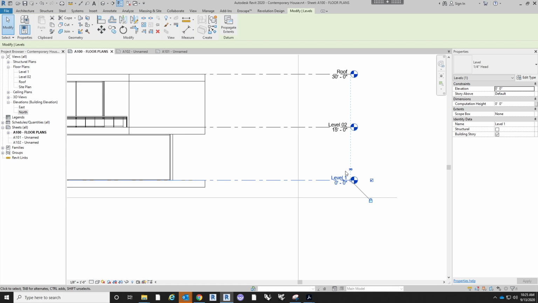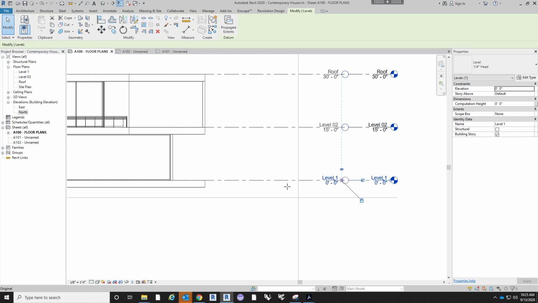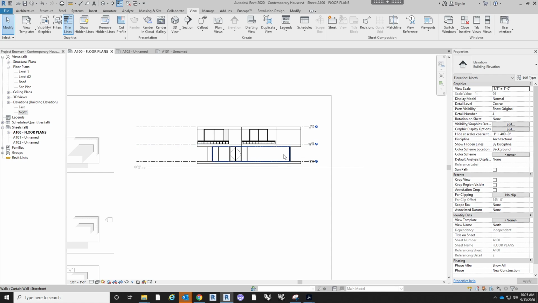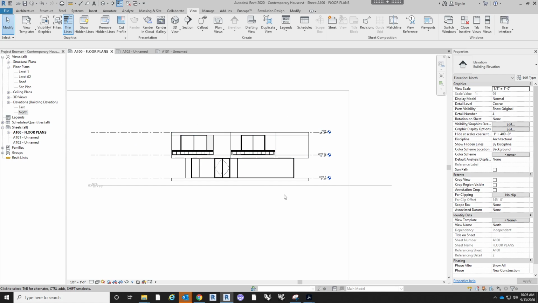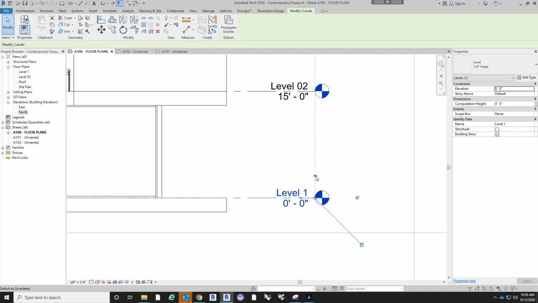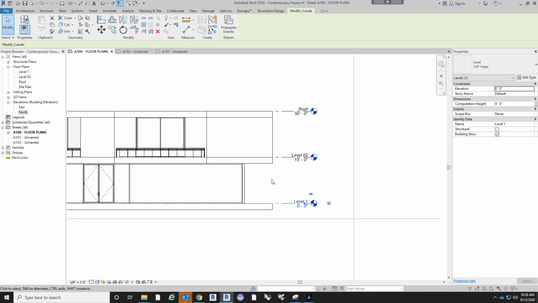So this means that it's changing the overall 3-dimensional extents of the levels. So if I change it here, that means that if I created a new elevation to the north, all those levels would be lined up in the same exact place. Now if I click 3D, it's going to switch it to 2D, and that means that it's only changing the level,